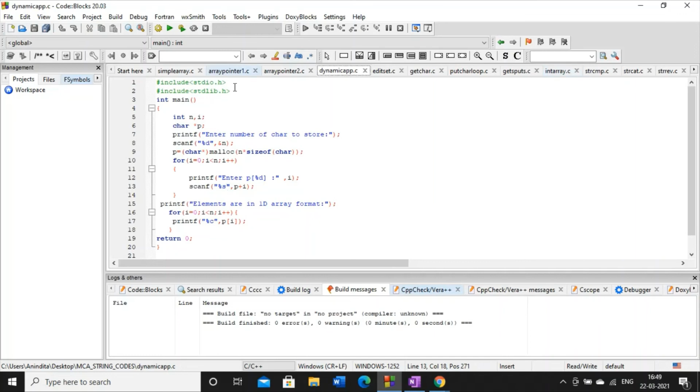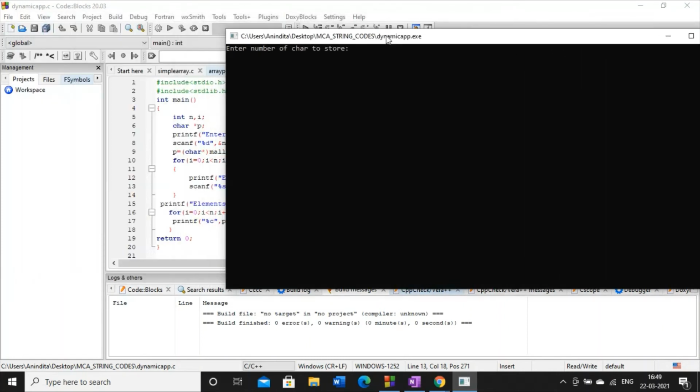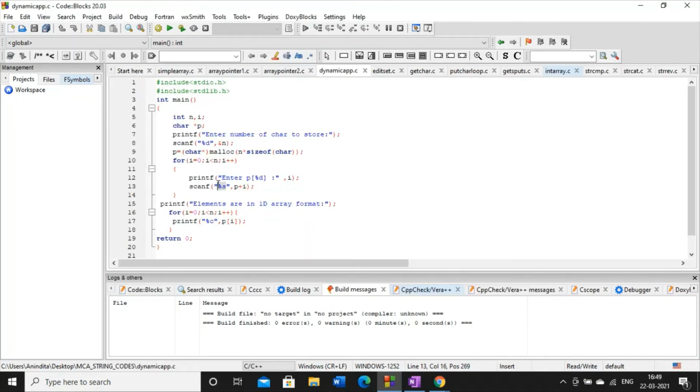Whenever I am executing this code, I am just taking one character. How many characters do we need? 5. I am taking one character at a time. Since I am taking one character each time, here I have to write percent c. And here, since I am printing each and every character one by one, I have written percent c.